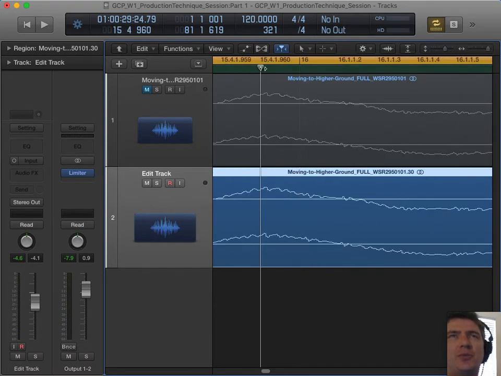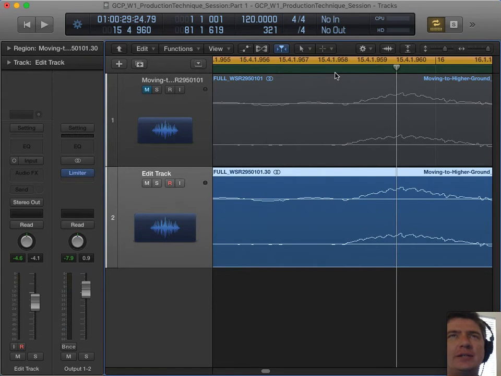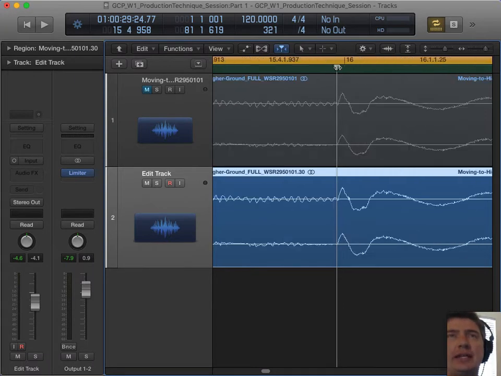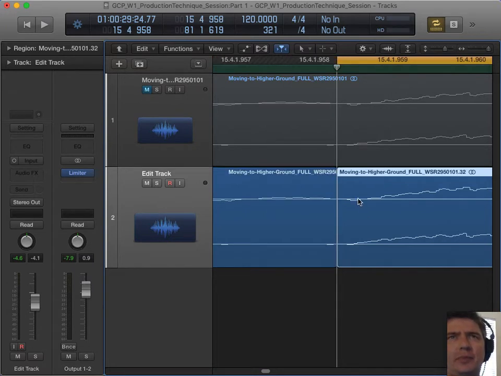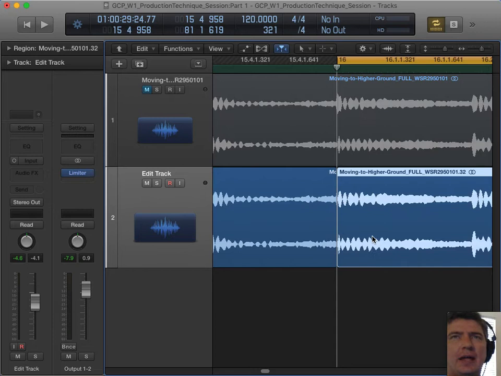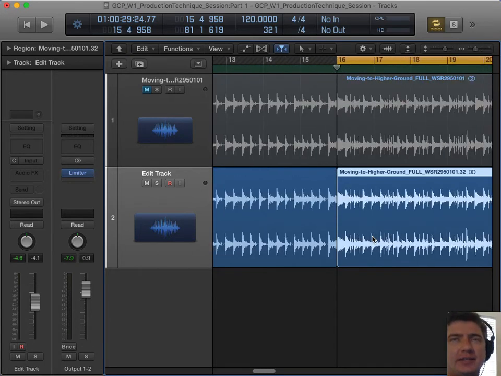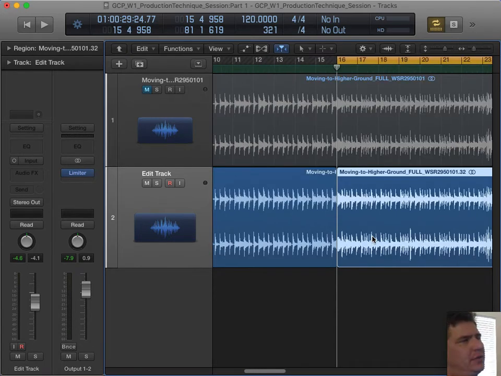So I'm going to zoom way in and find a zero crossing point where both of the lines are as close to zero as possible, starting right at the attack of the first hit or note, and I'm going to split the file there. Then all I need to do is find the next cymbal crash, go all the way through, I think it's either 4 or 8 bars, and find the next crash and make my next edit there.